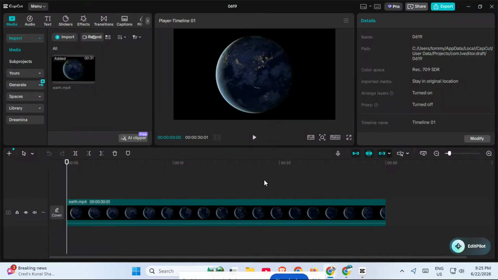If CapCut is giving you an export error, freezing during export, or stopping at the same percentage every time, don't worry. In this video, I'm going to walk you through a few proven fixes that can save your project and get your video exported properly. This guide is for both desktop and basic troubleshooting. And the best part is that these steps are quick, simple, and safe to try before you start rebuilding your